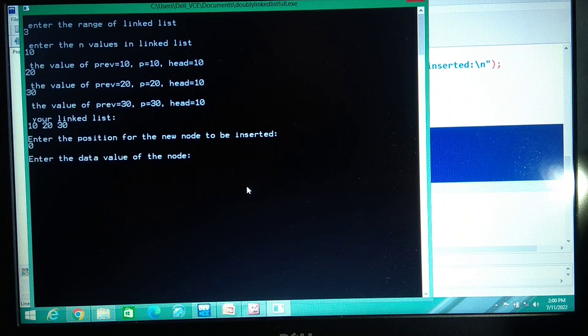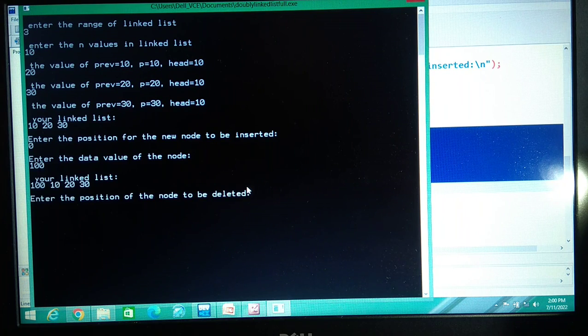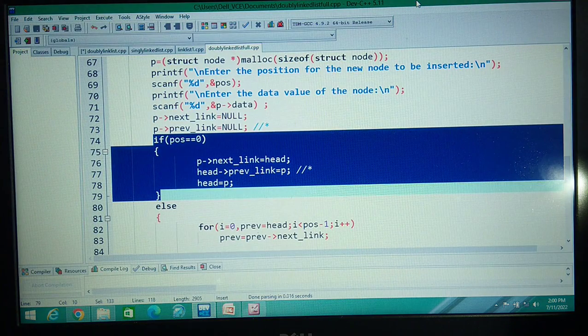In the program, suppose the first value is 10, then 20, then 30. You can see the values. Suppose you want to add at position 1, suppose I want to add 100. You can see we have written 1, so 100 comes there. If you write 0, because here we are working from 0, again this is 10, then 20, then 30, then your value. Now position is 0, suppose you want to add 100. You can see 100 has come here. Very, very simple. I think you understand. Thank you so much.